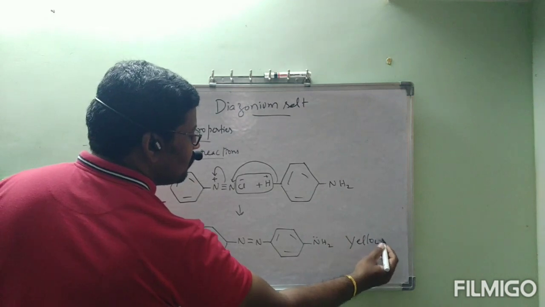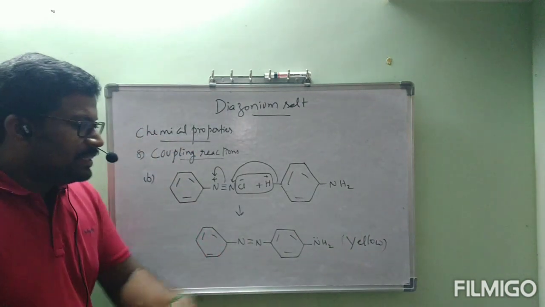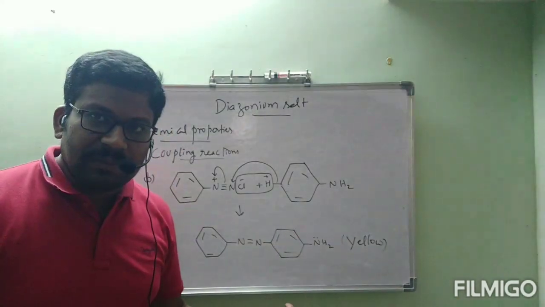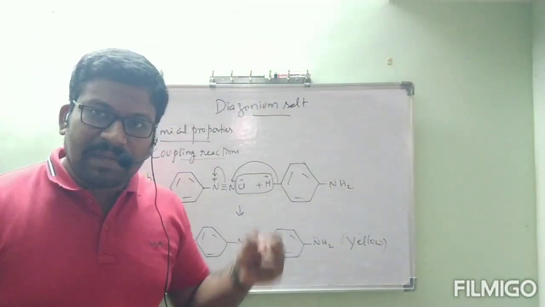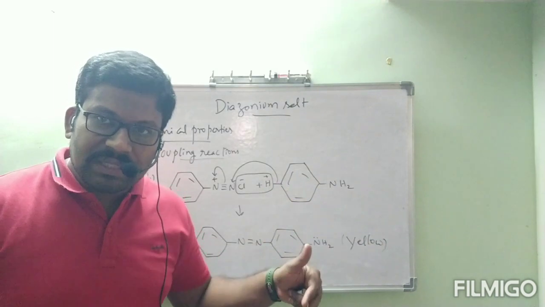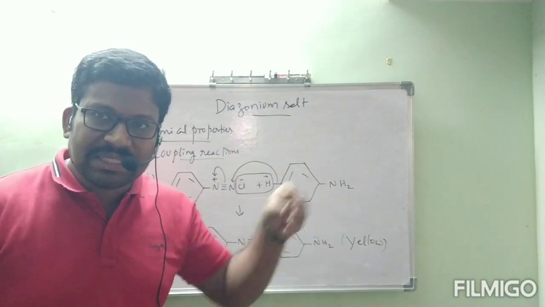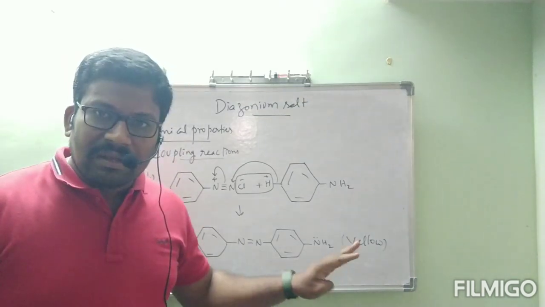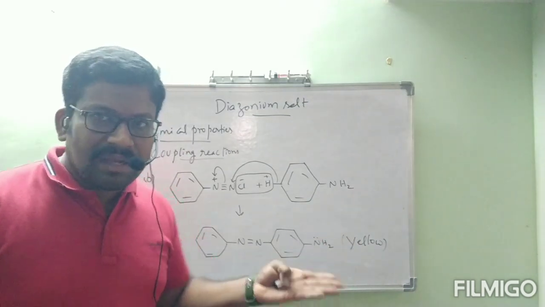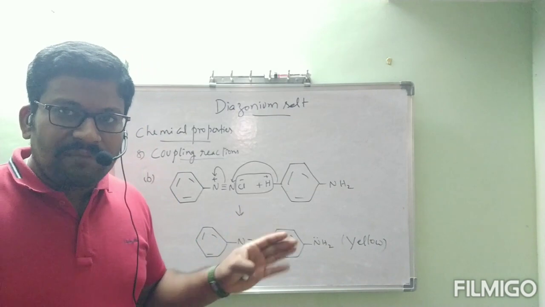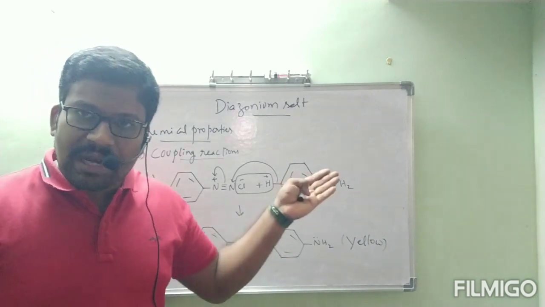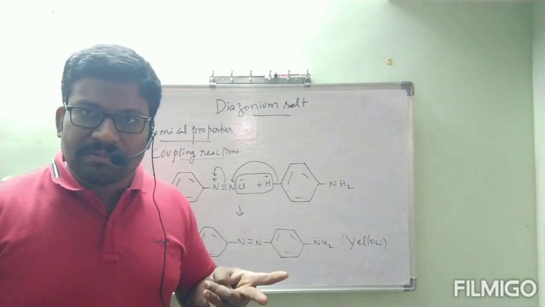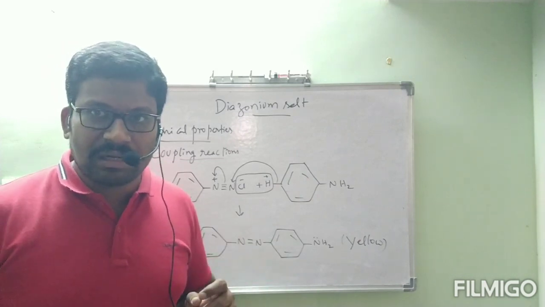Just one small thing for you. This yellow and orange color, reaction wise everything is the same. If by mistake I say the previous one is orange and this is yellow, or interchange anything, you can check the textbook and correct that. If any color difference is there you can adjust it, but reaction wise everything is the same. If the previous one is orange and this is yellow, okay. Or if an interchange is needed, you can interchange and write it in the classwork.